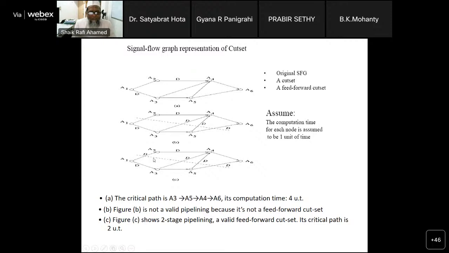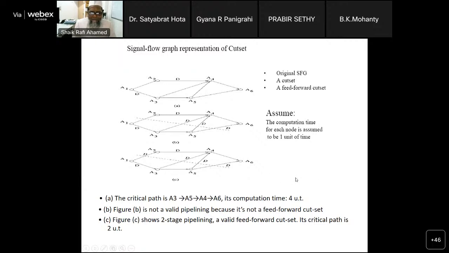This one is one edge, this one is one edge, this one is one edge, this one is one edge. So in this cut set, we have 4 edges. And what is the direction of these 4 edges? All in the forward direction. So that is why this dotted line, these 4 edges will form a feed forward cut set. If I know the feed forward cut set, blindly you place the latches along the